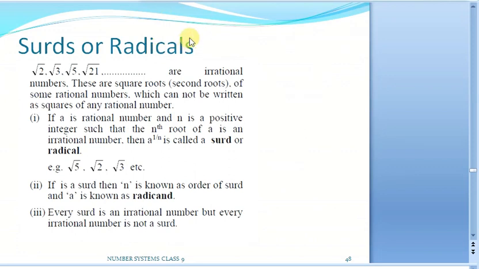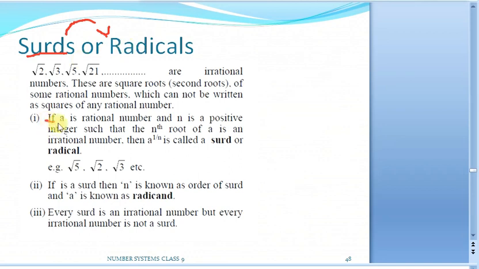After understanding the basic notation, now let us go through the definition of a surd. We are basically talking about surds. The other name for surd is radical. Both are the same, so surd or radical. So what actually are these surds? Let us go through the definition once and let us make it clear later.